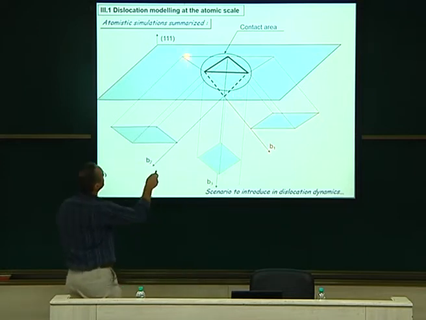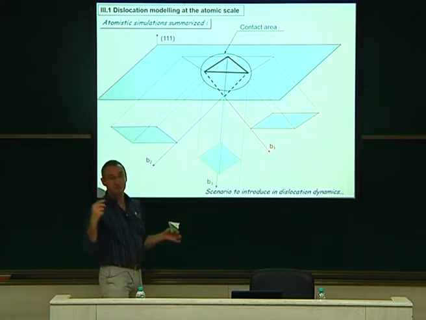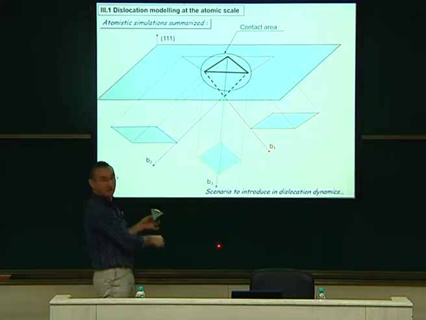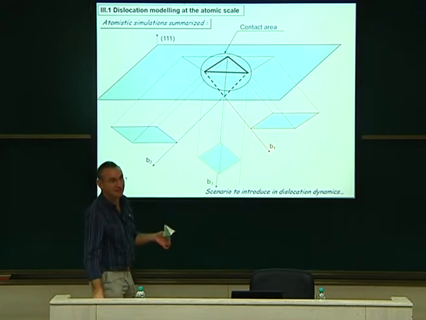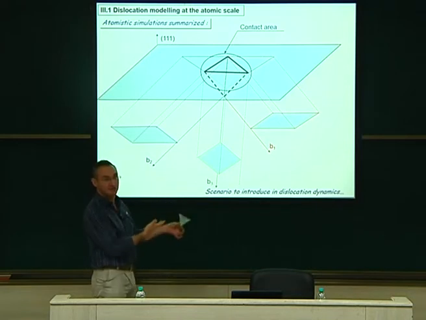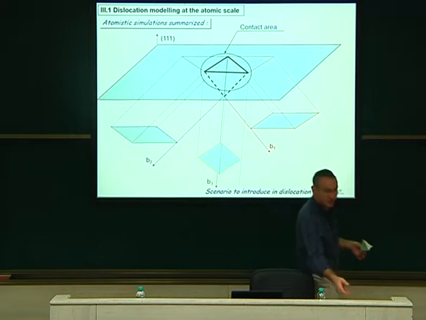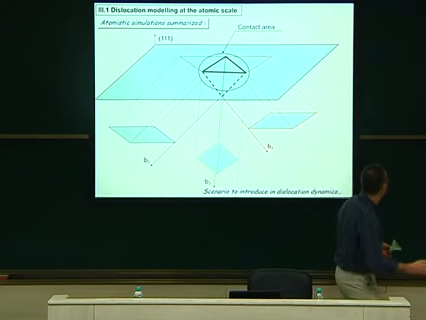So it means that this zone has been punched from B2, this zone here B1, this zone B3, and the common zone, how much has been deformed there? B1 plus B2 plus B3, which is vertical. If I was smart enough, and I was not, I would have guessed that this is normal. You see, it means that the dislocations were introduced just to accommodate a spherical contact.